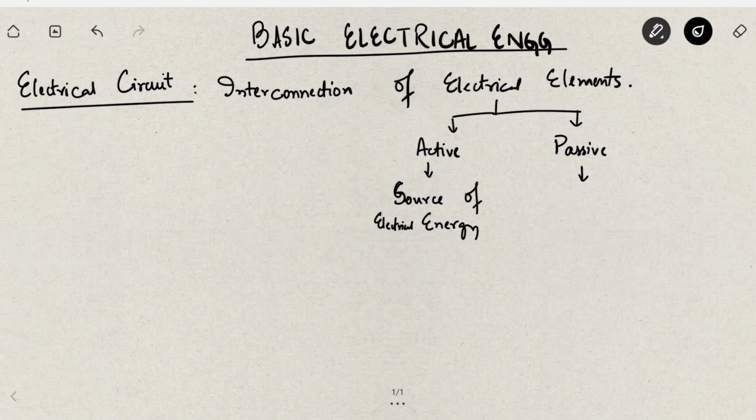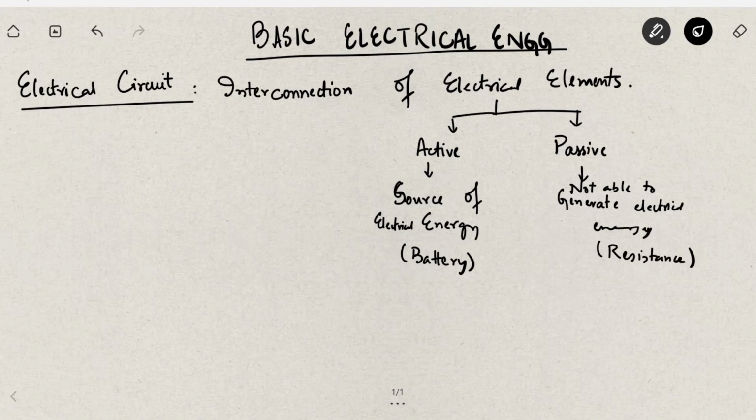That means it may be able to consume electrical energy, or it may be able to transfer electrical energy, but it is not able to generate electrical energy of its own. Fine. So that means we can simply say a battery is an active source, while a resistance is a